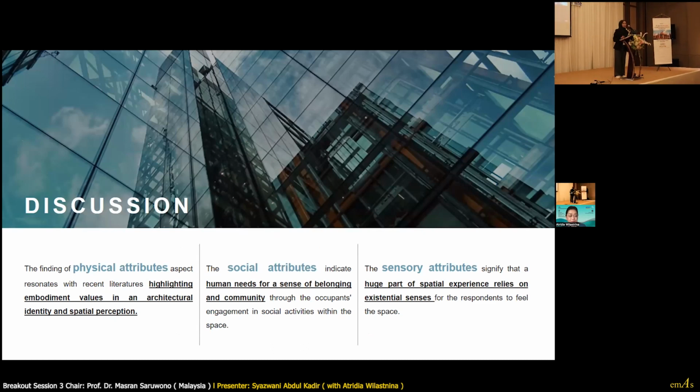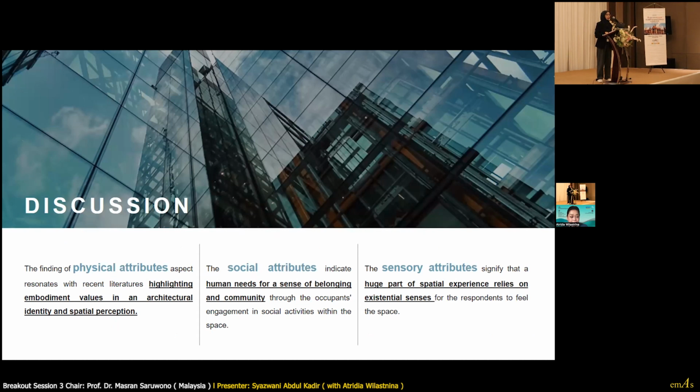As for the discussion, the findings of the physical attributes aspect resonate with recent literature that highlights embodiment or physical values in architectural identity and spatial perception.